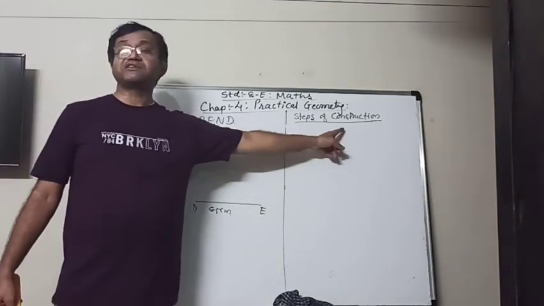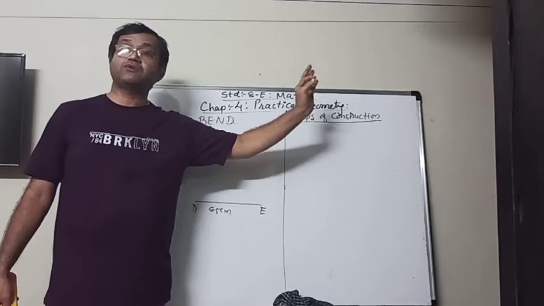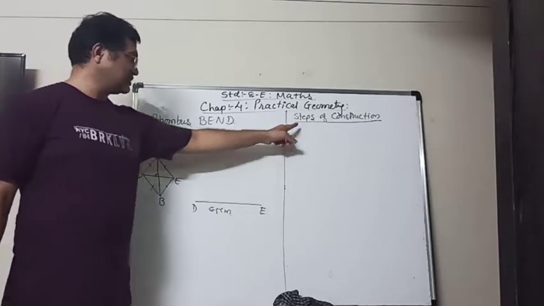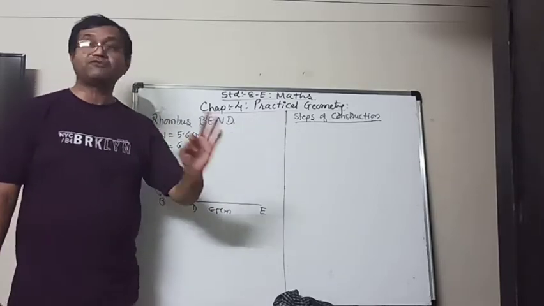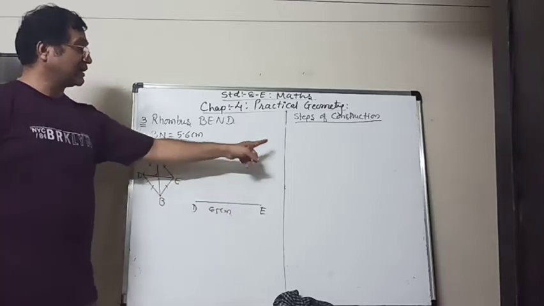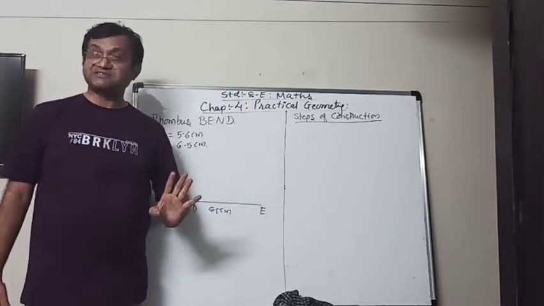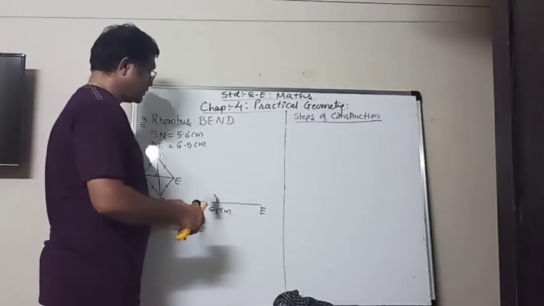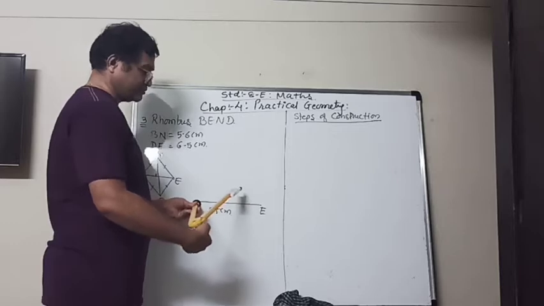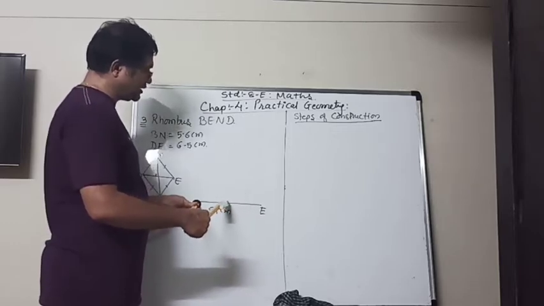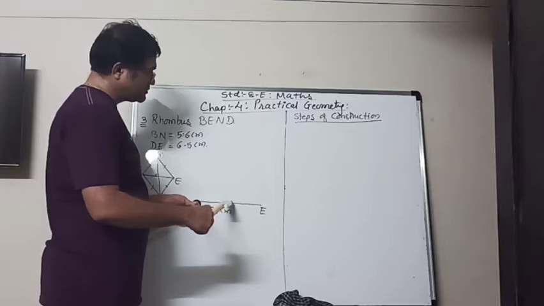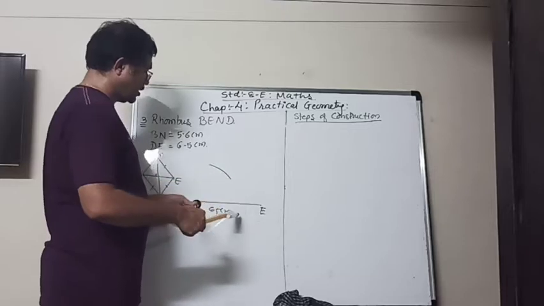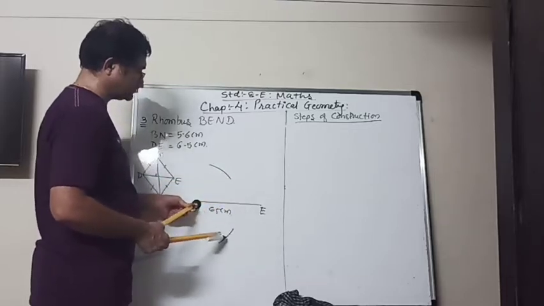Now I am not writing down the construction steps. You have to write down. You listen to what I am telling you. Right? First step will be draw a line segment DE of 6.5 centimeter. Then second step will be draw a perpendicular bisector of it. So now from here we have to take approximately more than half. We know that approximately half will be here. So we have to take a little more than that, and we have to draw an arc upside and downside also.